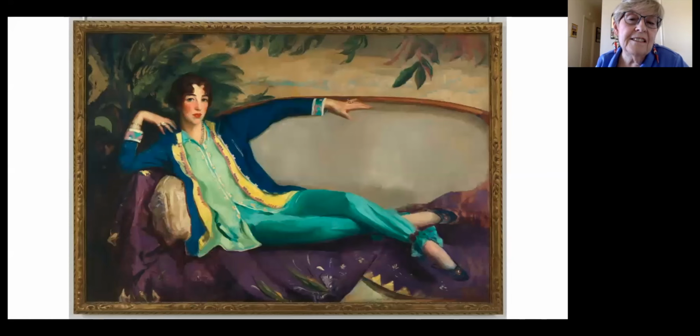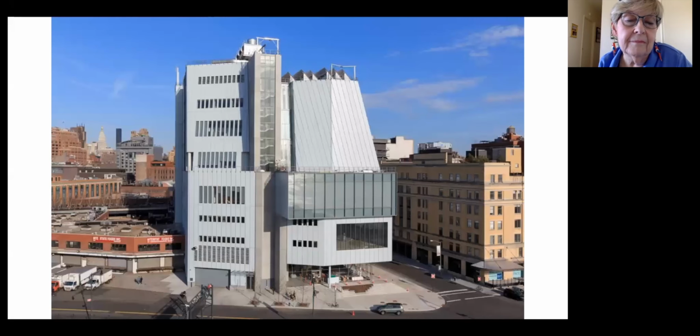Oh, let's go back here first. While we're looking at this, because this is going to be a story that's not uncommon also. So she is a very au courant woman. Her husband would not allow this painting to be shown in their Fifth Avenue mansion, because he said he didn't want any of his friends to see his wife lounging around in pants. And then, of course, there we have the Whitney now, where many works by Stuart Davis and Edward Hopper are. That's by Renzo Piano.